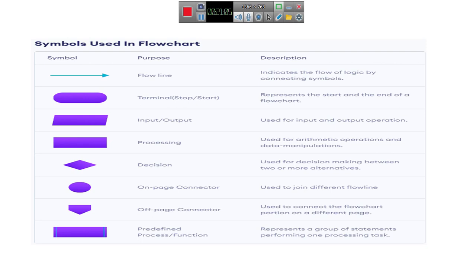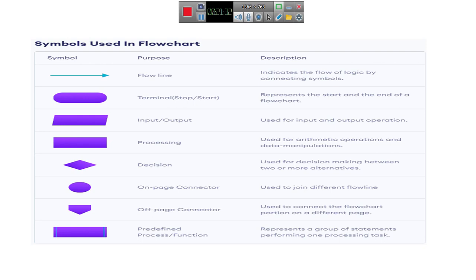And the next one is predefined process or function. Predefined process or function represents a group of statements performing one process task. It means that a program is a collection of statements, and a program has many functions. There are predefined functions and user defined functions, which you are going to see in further classes.